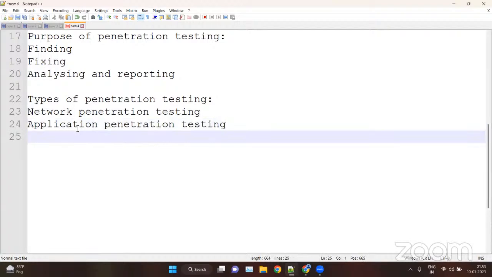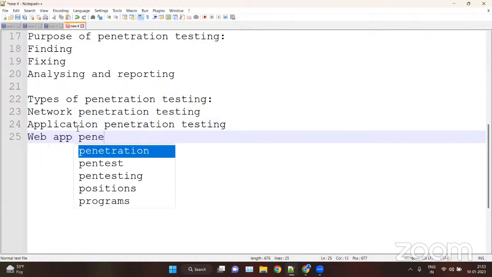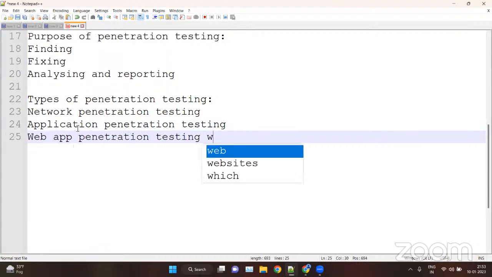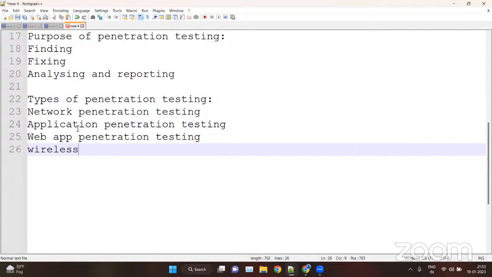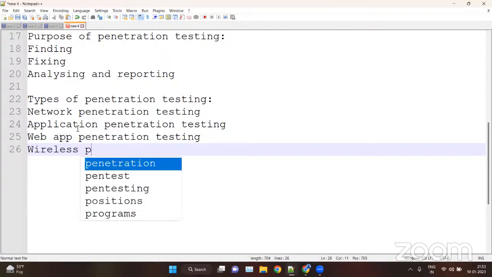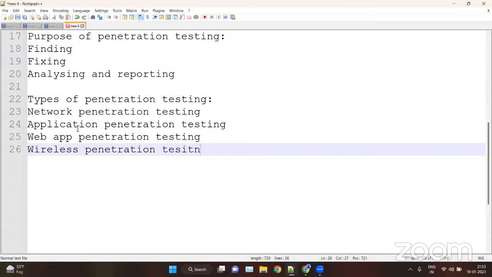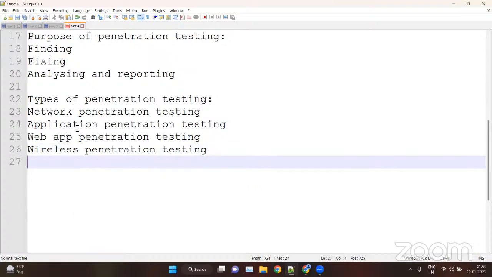And then we have web app penetration testing. We have wireless penetration testing, etc. So these are the main types of penetration testing.